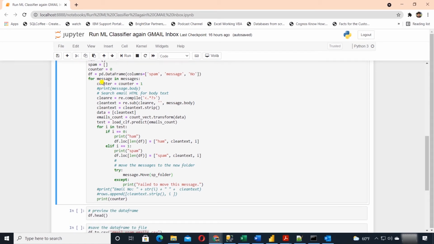We are looping through the messages in our messages variable, and we are incrementing the counter by 1 in each iteration. We are cleaning up the message body with the help of regular expressions and stripping any leading or trailing spaces in the body. The outcome is saved in data variable. We are converting this variable with the help of countVectorizer.transform. Our message body will be converted to a numeric matrix, and